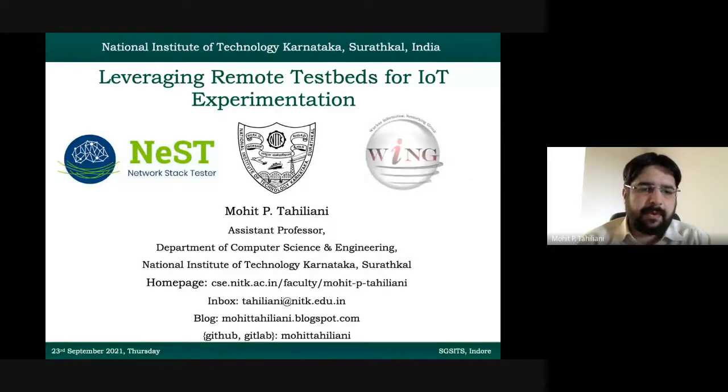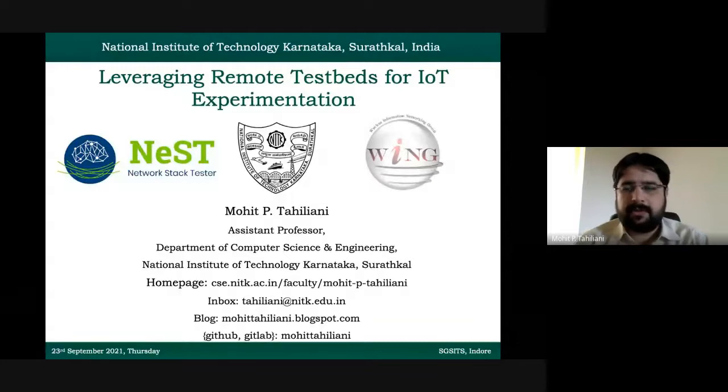I'll give a proper flow in the next slide, but the whole idea is to explain how we can sit in our own labs or offices or at home and continue to work on real IoT devices without worrying about procuring them, without worrying about how to set them up. This is a huge amount of support available for researchers, and I thought I'll take an opportunity to explain in this session how you all can leverage remote testbeds.